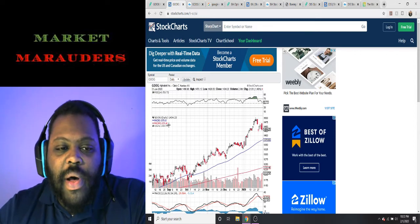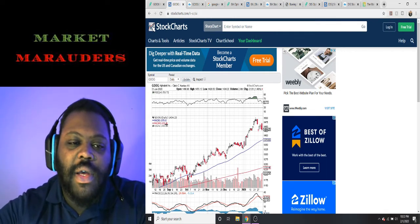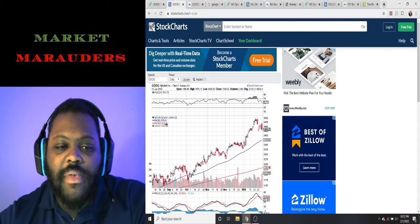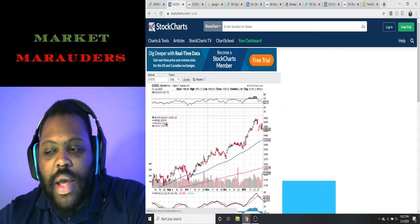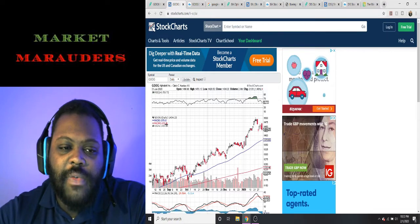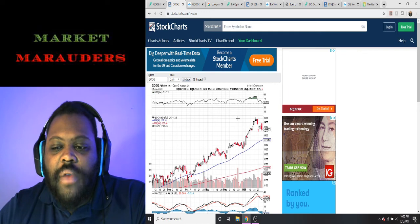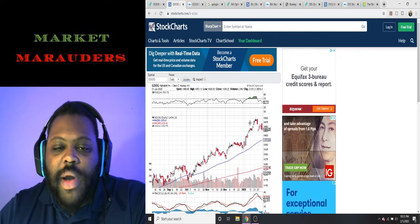Google is above its current moving average 50 and moving average 200. Its moving average 50 is 1375.63, and its moving average 200 is 1233.48. And where it ended on Friday, its price was